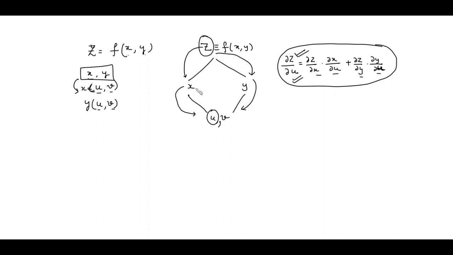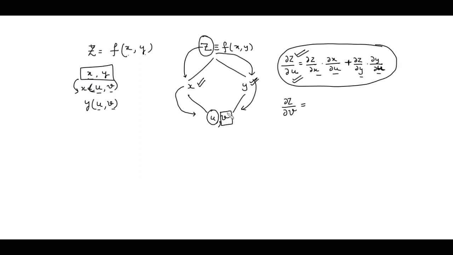Since it is a partial derivative, we will have the derivatives with respect to each independent variable. Now since z is a function of x and y, and further x and y both are functions of u, when we find the partial derivative of z with respect to u, the derivative of this and the derivative of this both come into the picture with respect to u. So that's why we add here. This will be the partial derivative of z with respect to x and then the derivative of x with respect to u, plus the partial derivative of z with respect to y and then the derivative of y with respect to u. The same way we can find the partial derivative of z with respect to v.